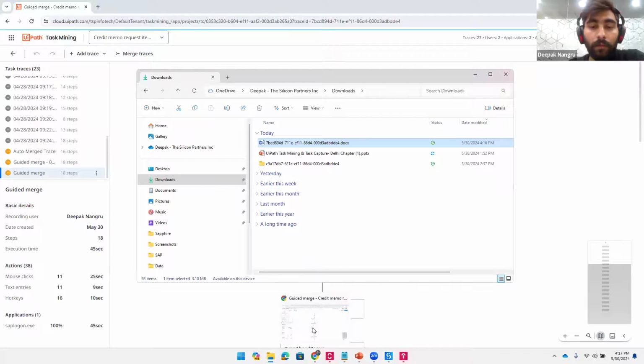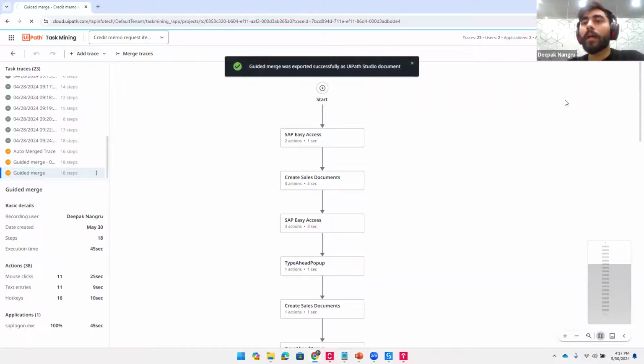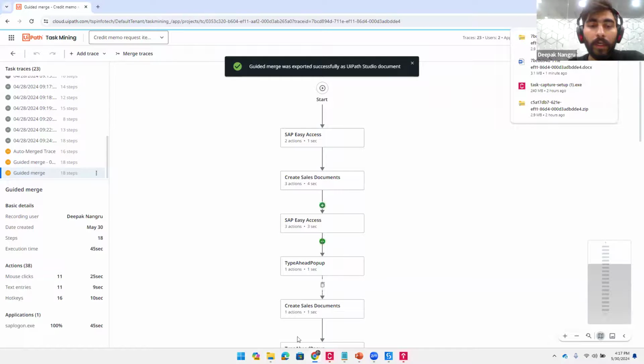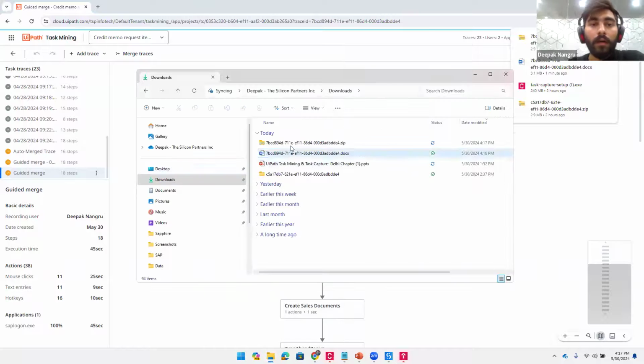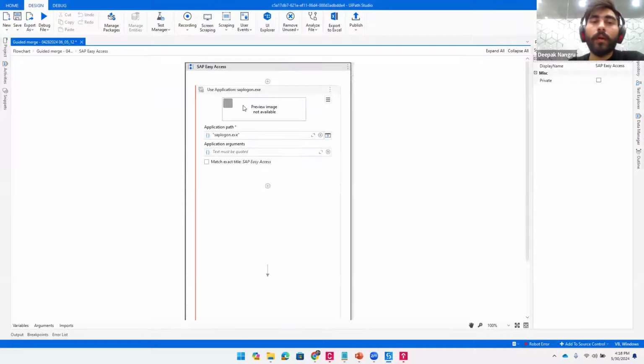Now we have another functionality as well, which is the second, the automation skeleton. It will provide us a XAML file of our code, like how the code will be. So I have downloaded it. It will provide us a zip file. I have it already opened in my system. So it has provided me something like this. If you'll see, I'll go into this screen.